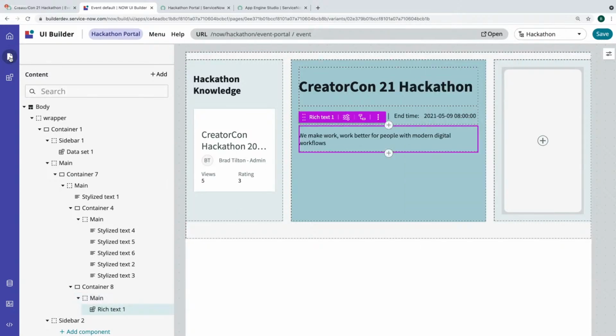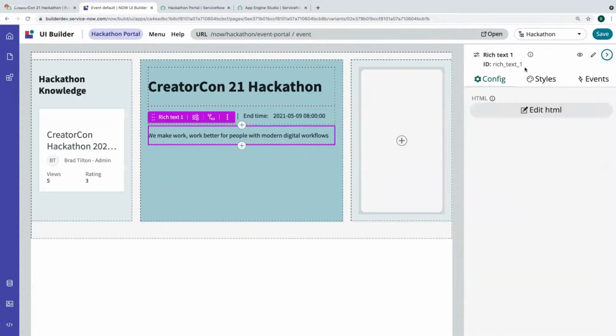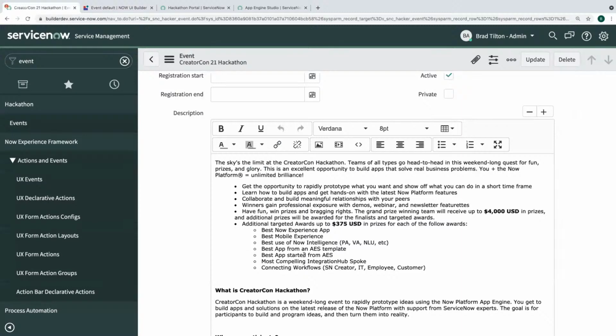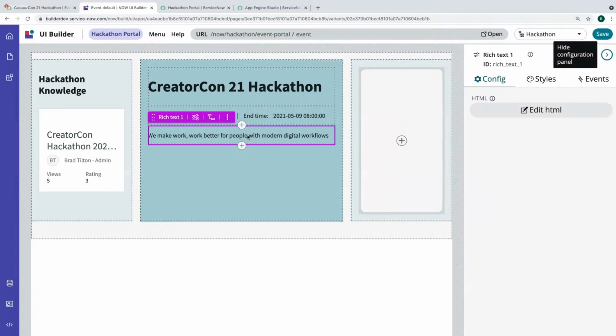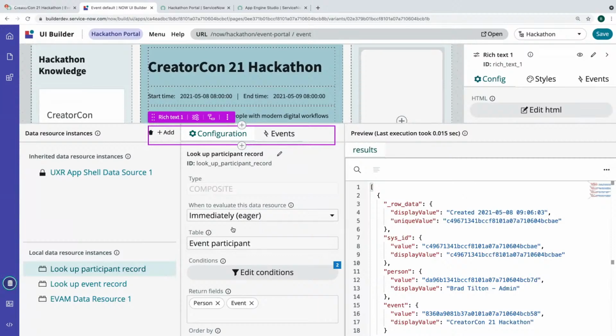All right, so let's minimize this and then we'll come over here. What I'm going to want to do is I have a bunch of HTML in this field, and I want to take this data and make it show up in this component. So I am going to start by taking a look at my data resource.